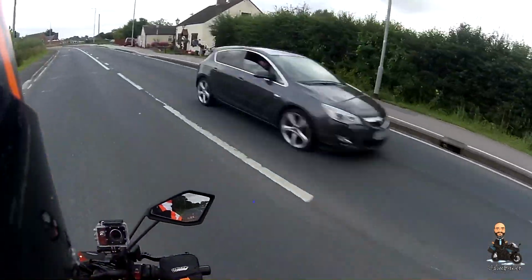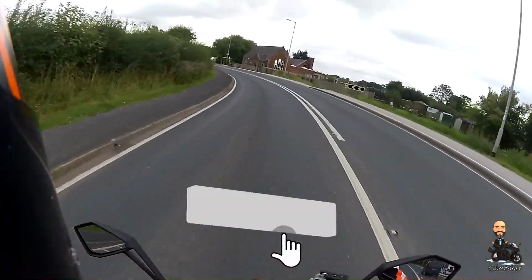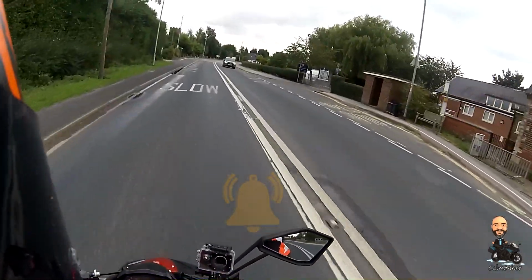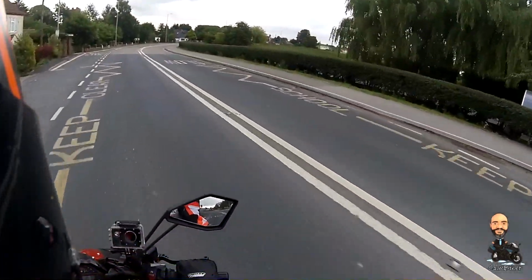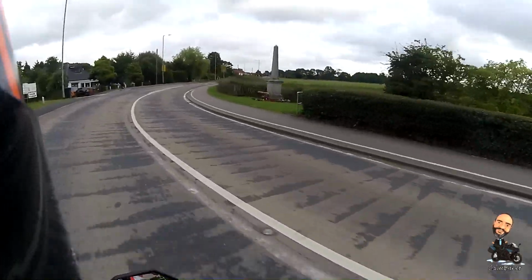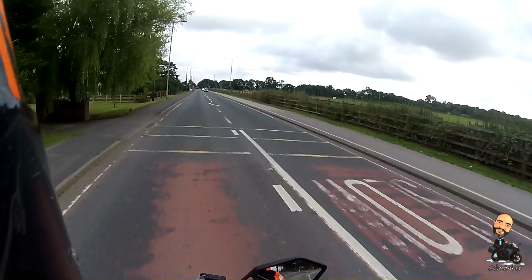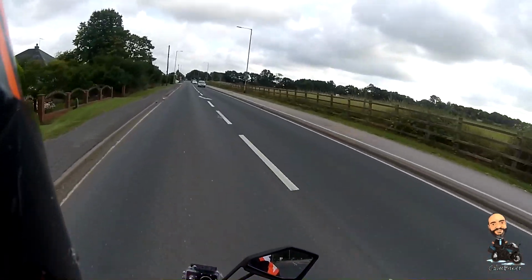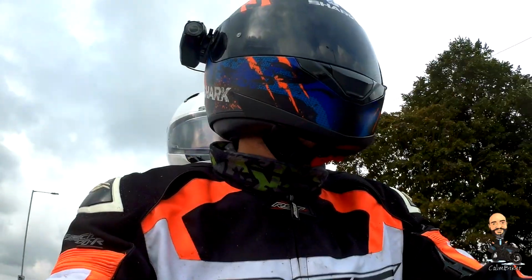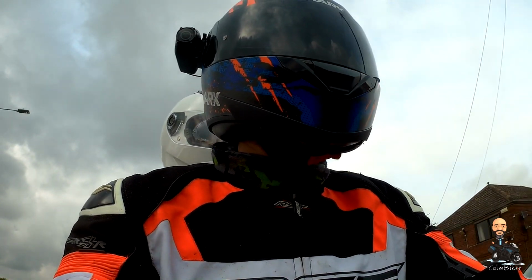Every time I've bought new tyres for a bike, they've been Michelins, and they've been Pilot Road 4s up until this point, where I decided I was going to get something different, because Pilot Road 4s are a little bit older. They've been replaced by the Road 5s. They dropped the Pilot, and I thought at the time I might try some Road 5s, but maybe I'll try something else just for a bit of a change. But I stuck with the Michelins, and I went with Pilot Power 3s,